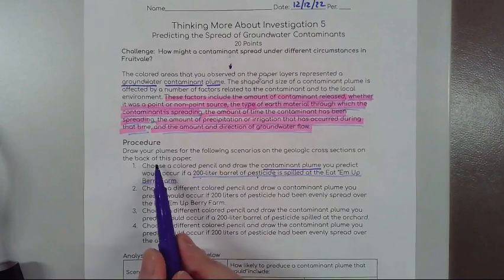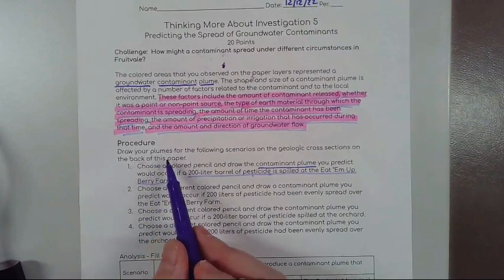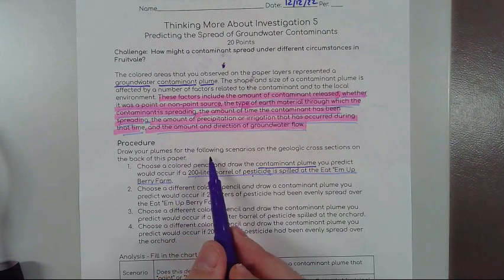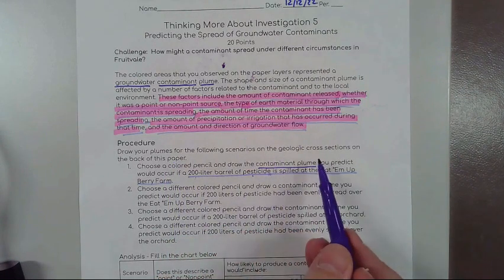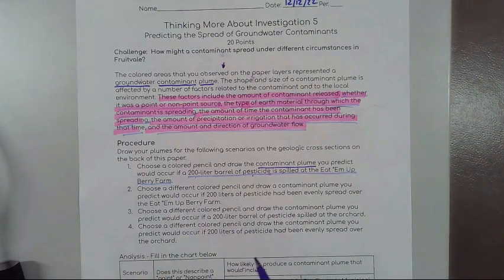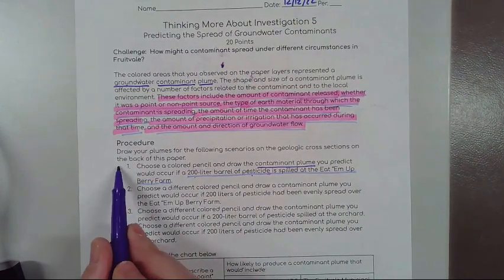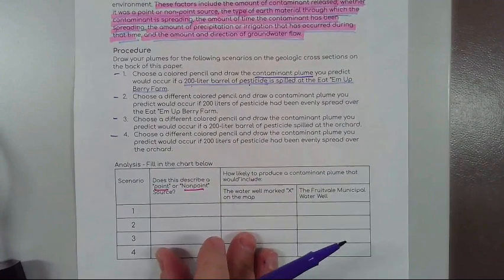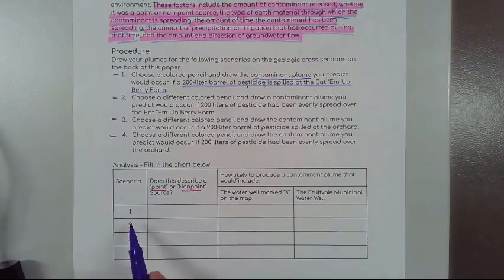In the procedure, it says you're to draw your plumes. So remember, plumes are the spread of contaminant, and we're doing these underground. All right, so we're doing groundwater. For the following scenarios on the geologic cross sections on the back of this paper, the scenarios are 1, 2, 3, and 4, and those will correspond to the data table, scenario 1, 2,